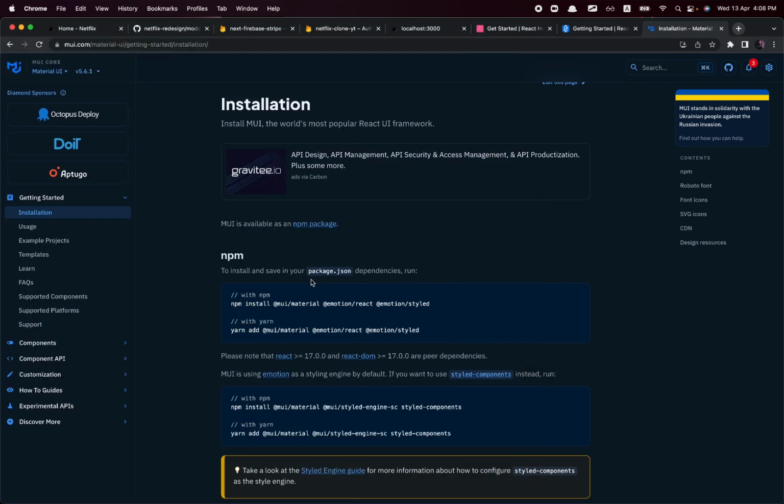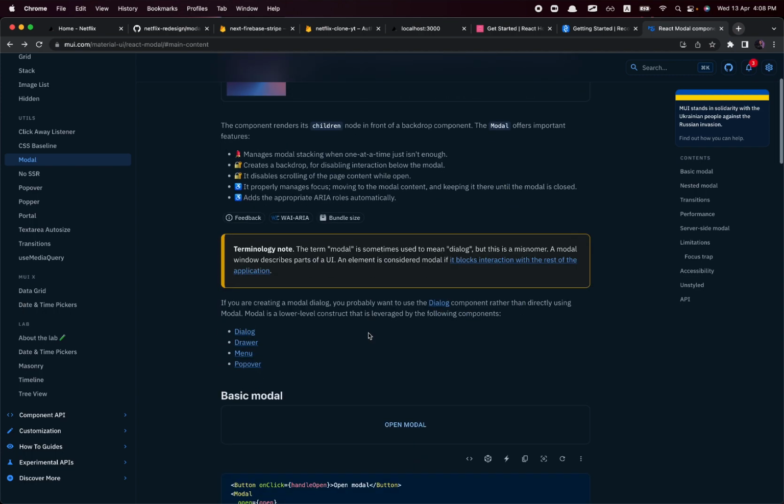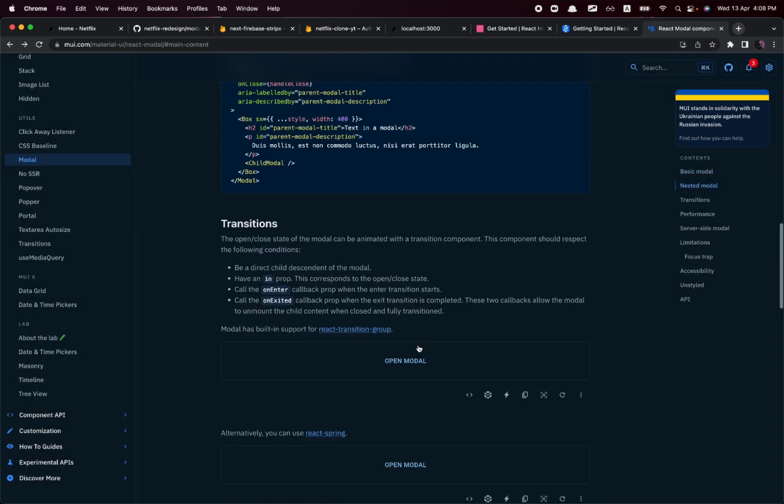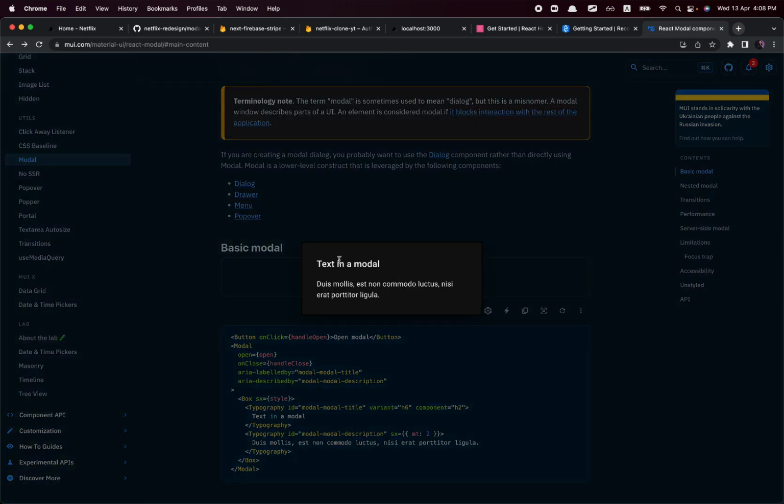It's going to install these 3 packages for me. Next thing you want to do is go back to our modal, and we want to choose which type of modal we want to use, right? We're just going to be using this basic modal